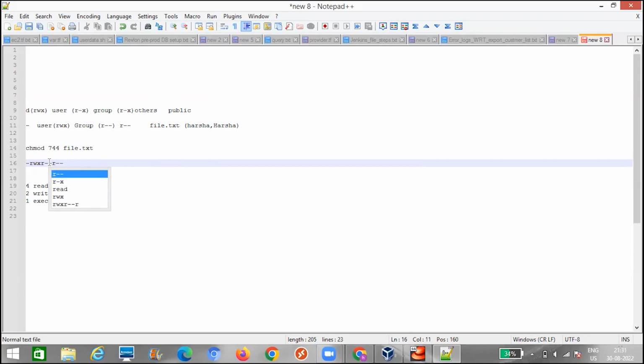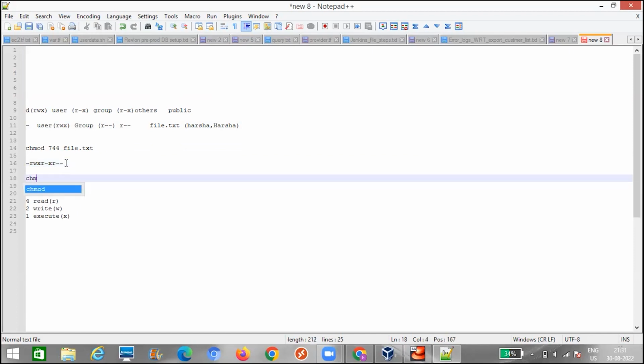Suppose I want to give execute permission for the group also. So first of all, chmod. I want to give read, write, execute for the user, right? It should be 7 because 4 plus 2 plus 1. Now I need to give read and execute for the group.